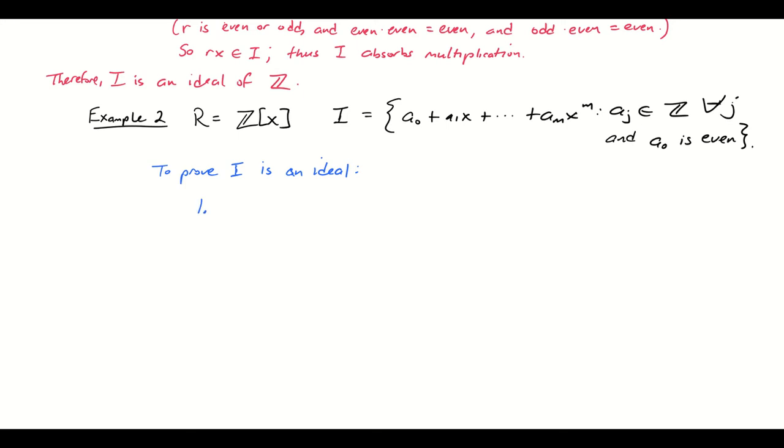All right, so number one, if I have two polynomials, a0, etc., up to am x to the m, and b0, and I want to be careful, I don't require this to have the same degree, just by the way I write it down. So I'm using different variables for the degree of the first polynomial and the degree of the second. But if these are in I, then a0 and b0 both have to be even. That's the definition of these being in this set I. So the sum of these